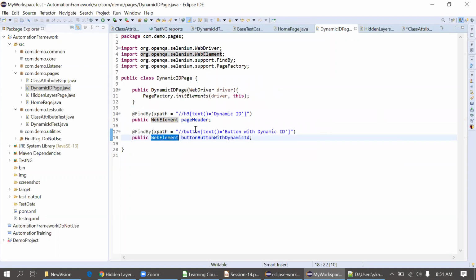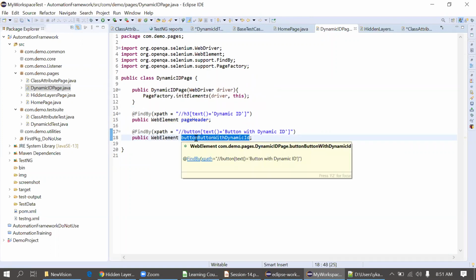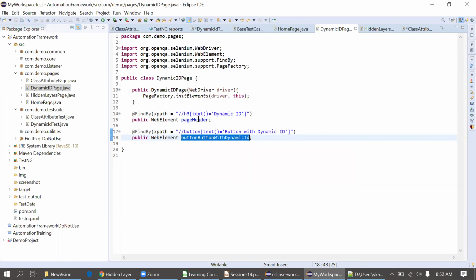So this is a data type for this locator. So it means we are particularly finding an XPath for the button with dynamic ID, right? Yes. So when we call this, it will just return the web element for this XPath, which is present on the UI. I'm just creating the XPath or web element here in the pages. I'll write a test case for that as well.